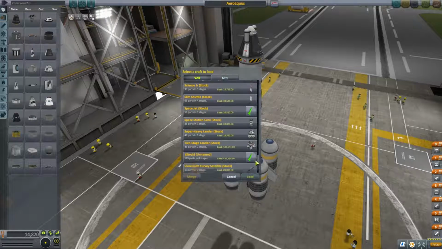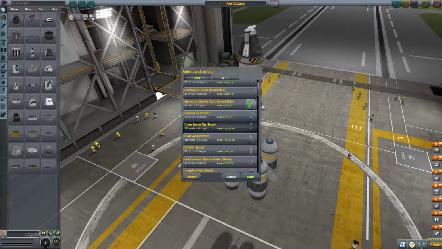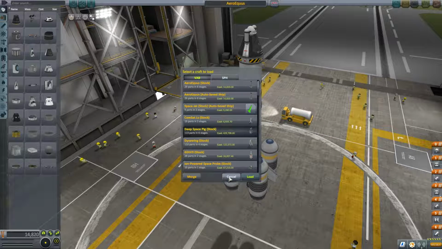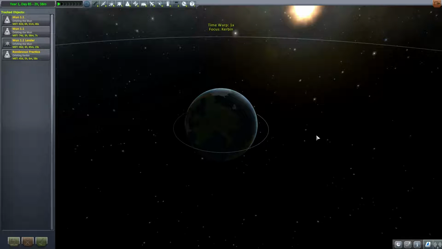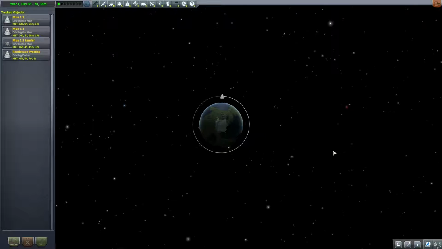I'm not sure what I want to do. I guess I was thinking of landing on the moon and coming back. Let's see what's in orbit currently. So I've only ever landed on the moon and made it back once or twice. Lately, the latest thing I was trying to do is...